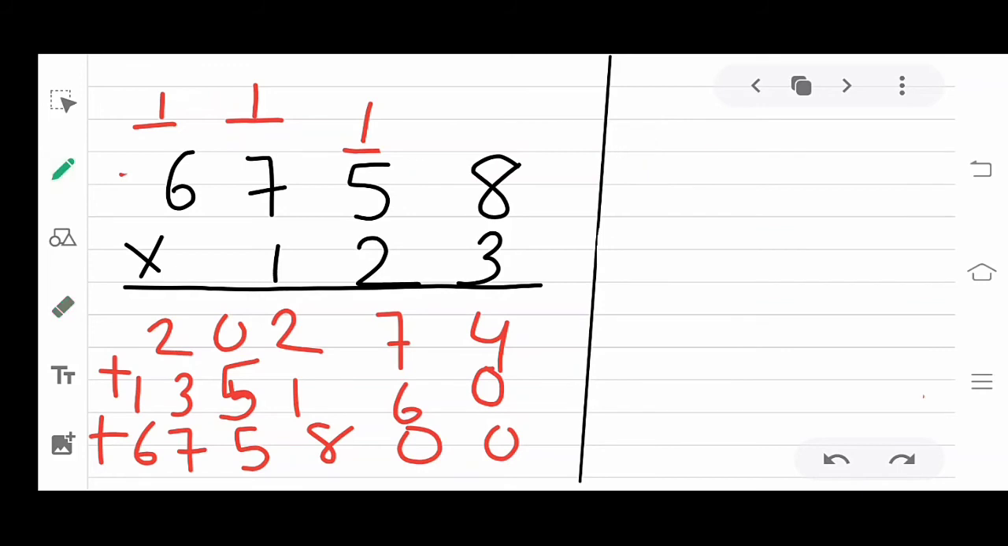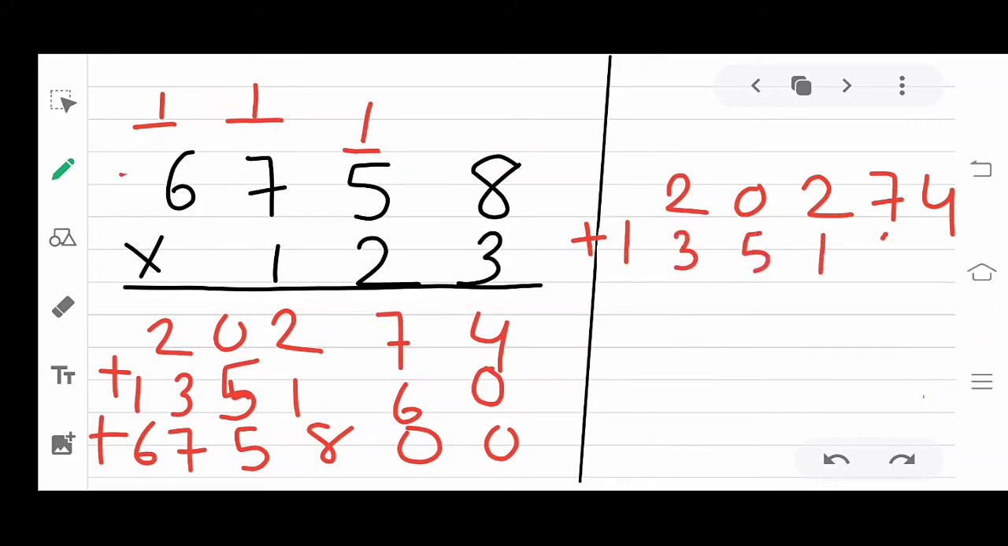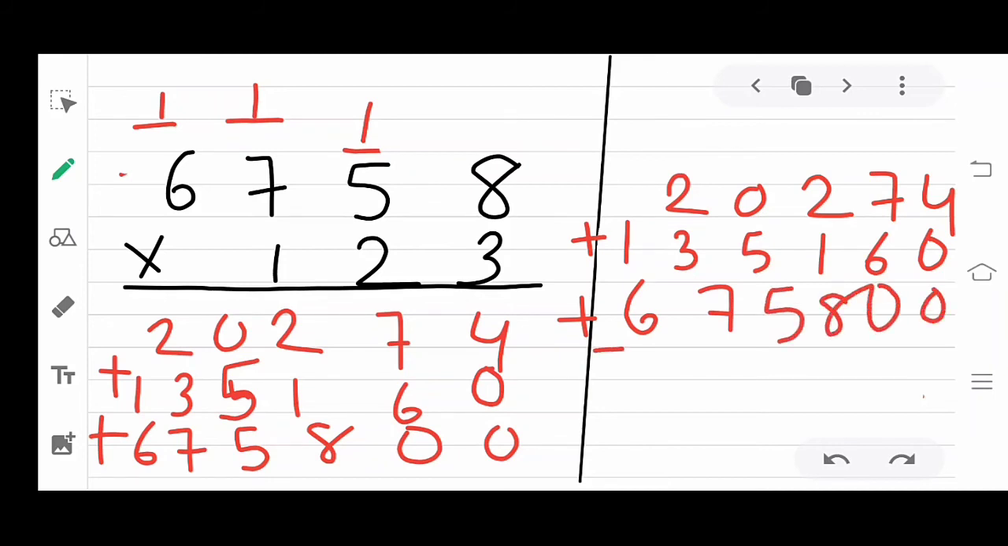So I am here going to write down 20274. Sorry. 20274 added 1,35,160 plus 6,75,800. So 4 here, 4, 7 plus 6, 13,